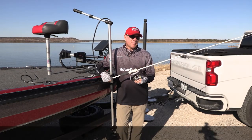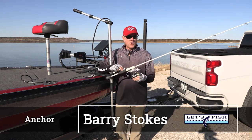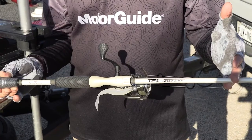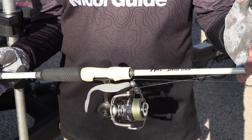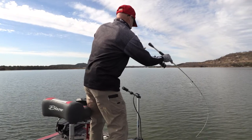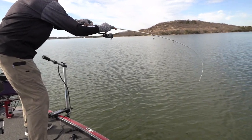Next up on the Academy Right Stuff, it's the right gear to go catch stripers in a very sporting way like we did on this week's show. It begins with this great spinning rod outfit. This is the Lew's TP 1X Speed Stick. It's the perfect spinning rod for doing this. It's 7 foot, medium action with a medium fast tip, and it's really fun to reel those big stripers in